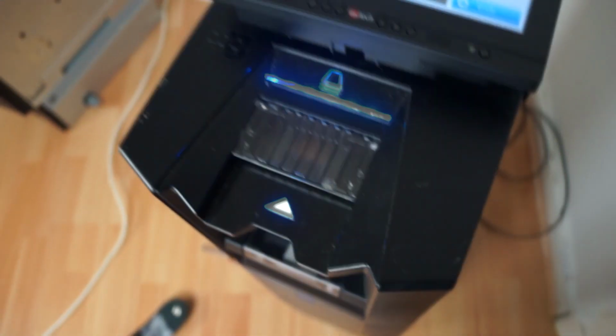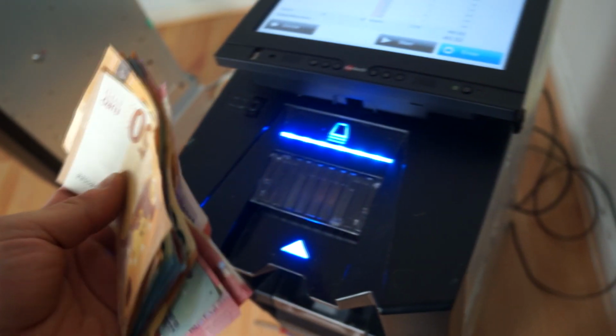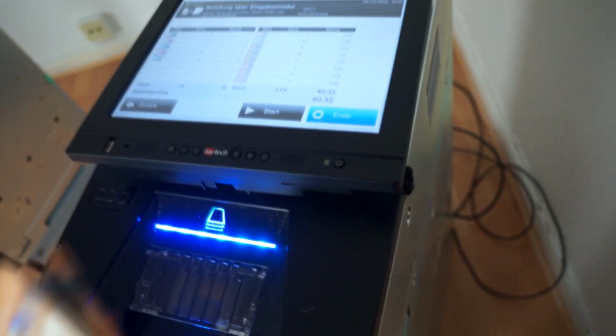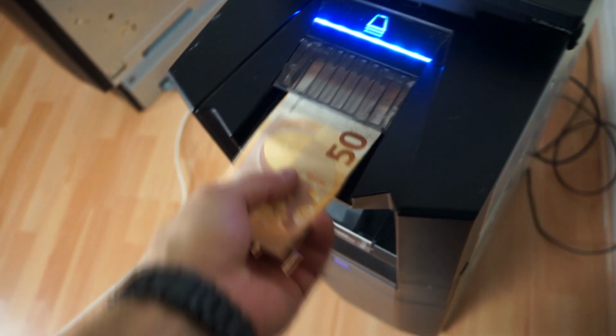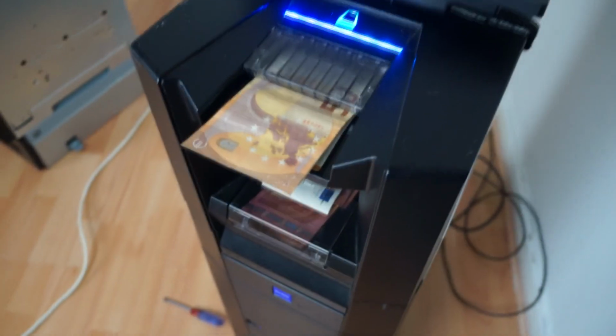We should be able to put in money again, and I will now do the bills. And the really cool part about it is that you can insert a complete stack of bills and it will sort it by itself. You don't have to put every bill on its own. I think I'm testing it a bit right now, as I put a quite high stack in it. But you can see